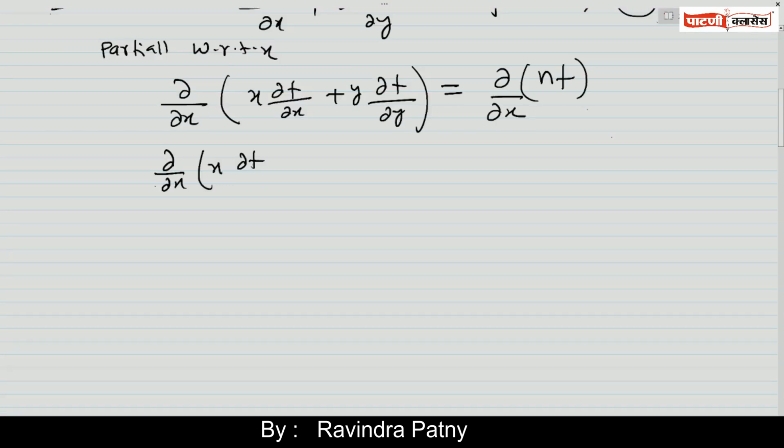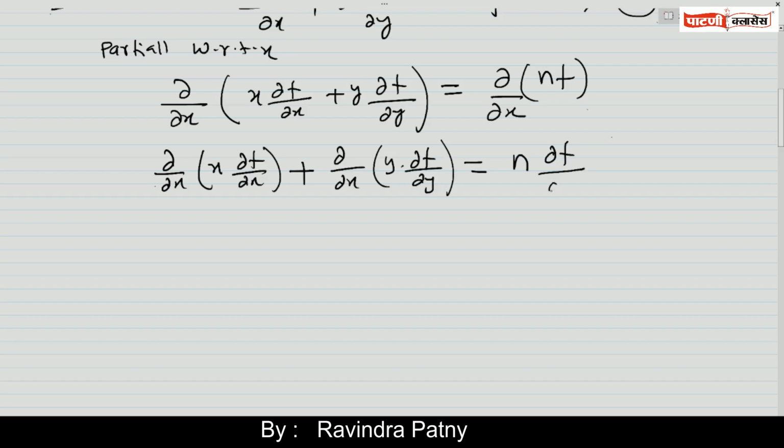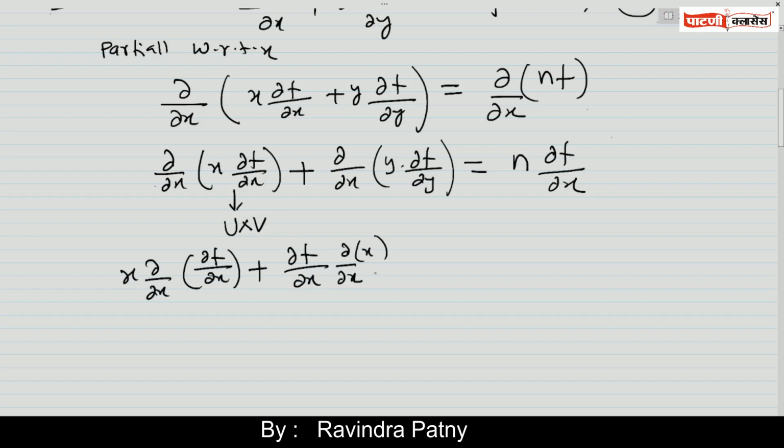x into dou f by dou x plus y into dou f by dou y equals to n, which is a constant, taken outside, dou f by dou x. Here I am going to use the product rule of differentiation. So x into partial derivative of dou f by dou x plus dou f by dou x as it is, and here partial derivative of x with respect to x. Here I have utilized the product rule of differentiation. Here y is outside and here is dou 2f upon dou x dou y equals to n into dou